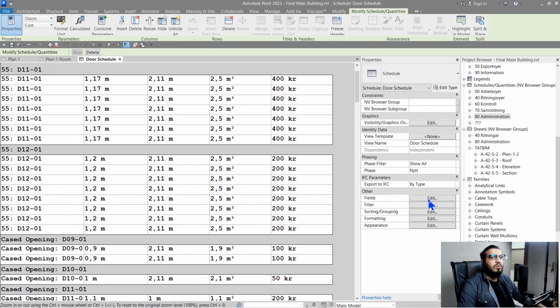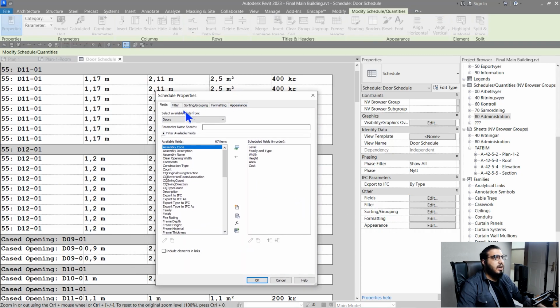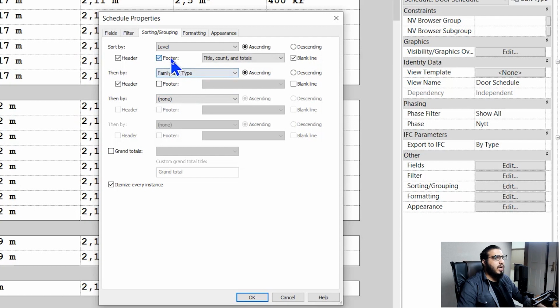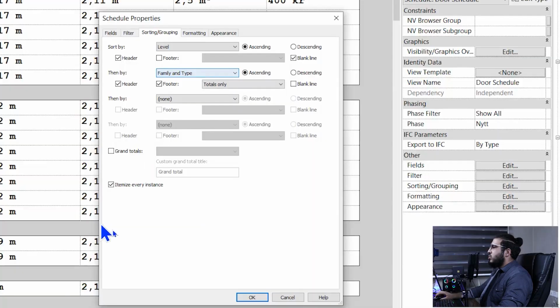To do that, go to the fields in here, and in the sorting and grouping part, I want a footer for my family and type, and I want a footer in here, and in here I want to calculate the totals, so put it on totals only, and then at the end I also want to have the grand total for all of my costs for my doors. To do that, in the grand total part, check the option on, and in here put it on totals only,